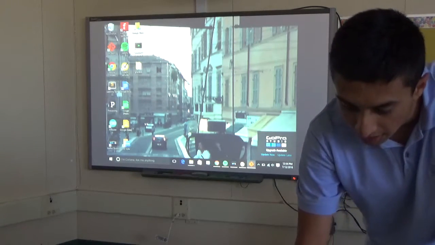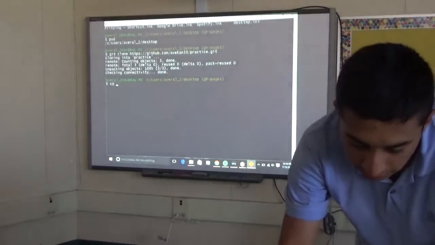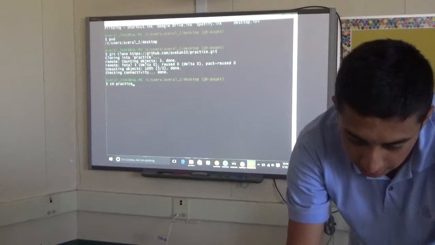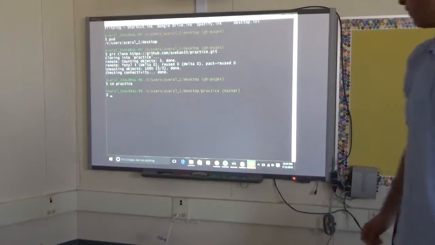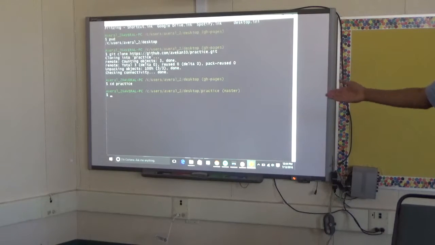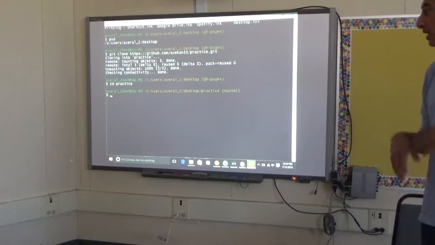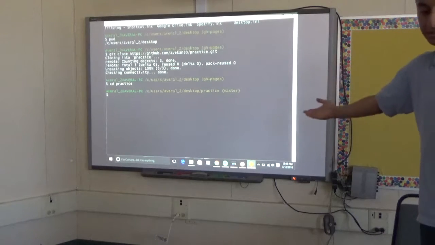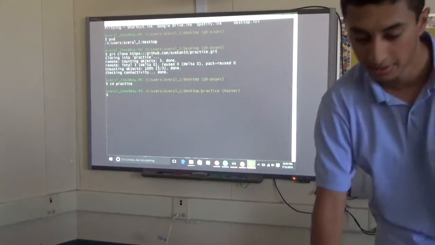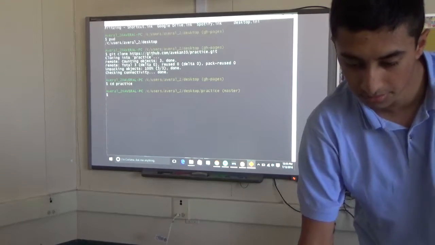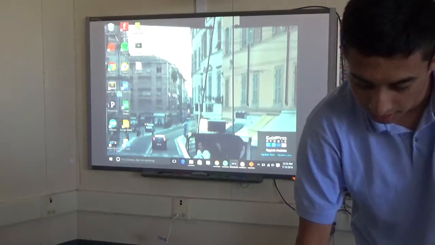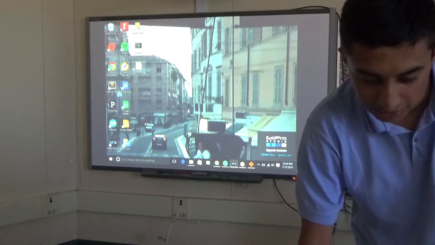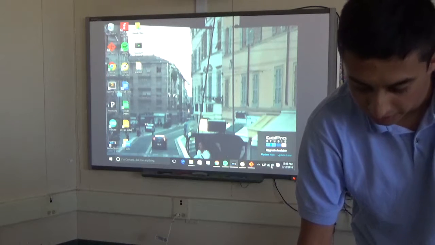And so if I navigate into practice from the desktop on my CLI, you can see that it's a new practice, but it's not the same practice as we used last time. It has the same name, except now it has the README file that we created on GitHub in it, and it's also on the master branch, which is your standard branch for GitHub. So we can navigate into it through the GUI, or we can do it